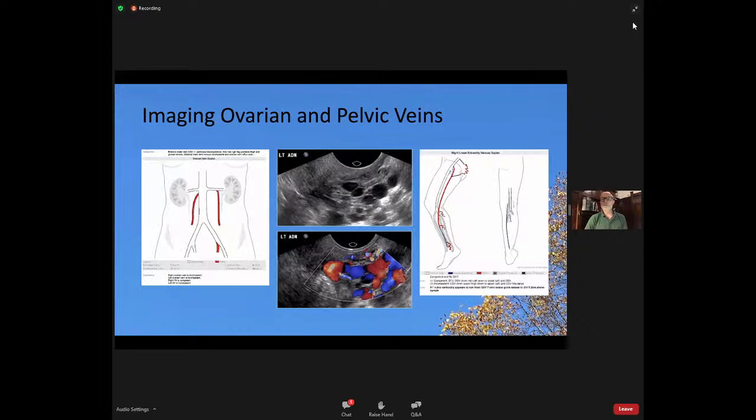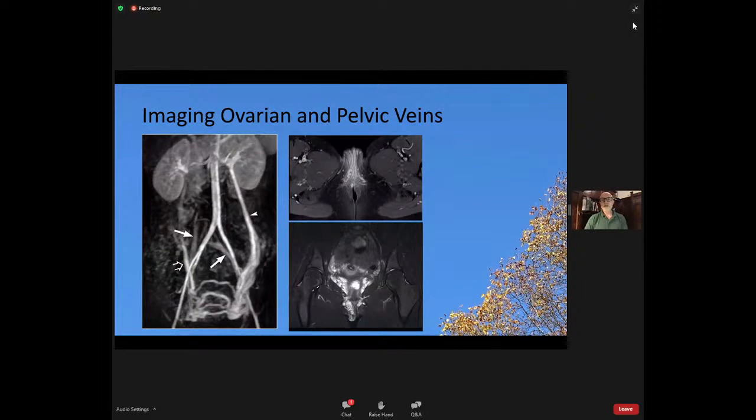And so I put this up because I think our sonographers are getting much better at identifying venous incompetence, both in the ovarian and pelvic veins. And so we get these really nice, documented, dilated, incompetent veins that we can make good decisions on. So I would say a lot of our practice has gone towards vascular sonographers identifying this, rather than going for CT or MR.